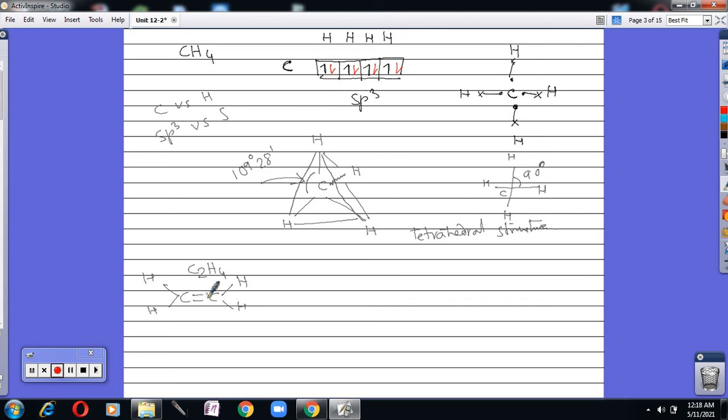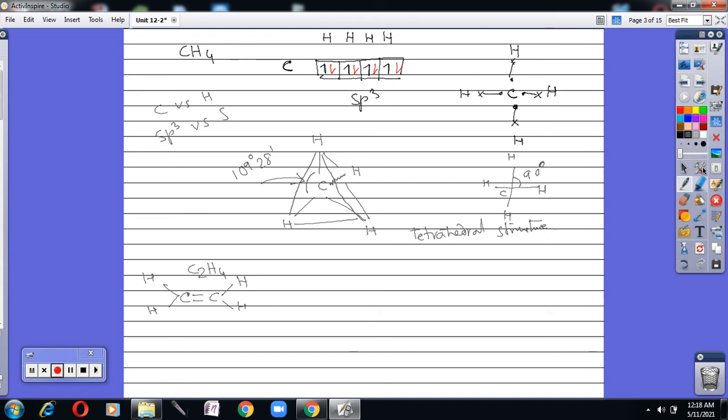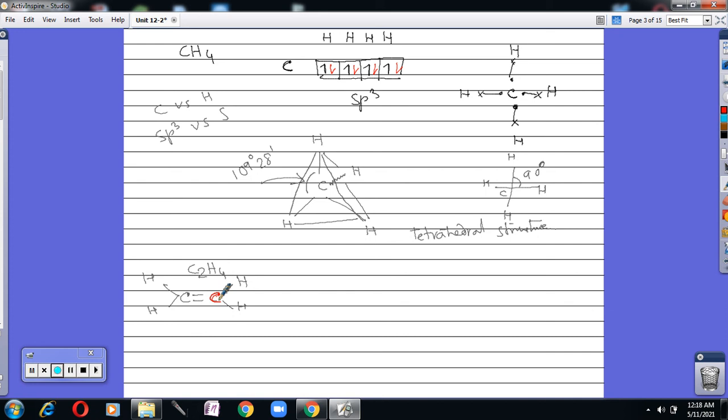In C2H4, we see that carbon is double bonded with another carbon, and each carbon also contains two hydrogen atoms. Suppose we identify this carbon as a black carbon and this one as a red carbon. It will be easier for us to understand the situation, right? So first, here is a carbon,